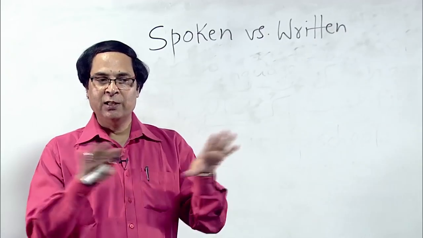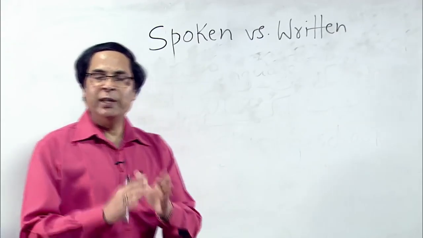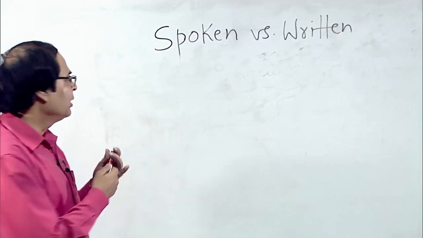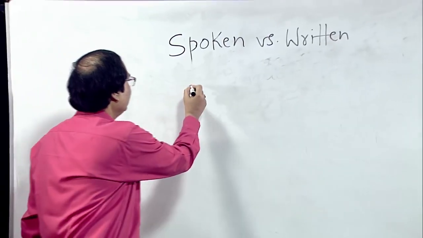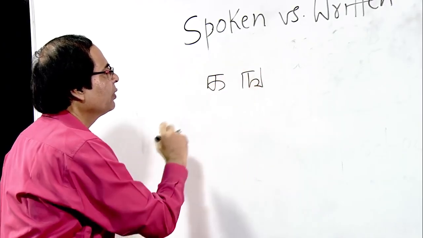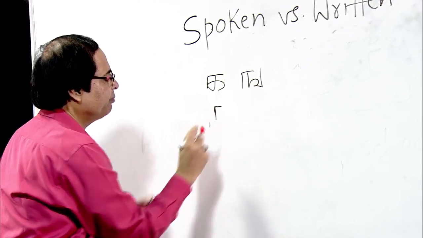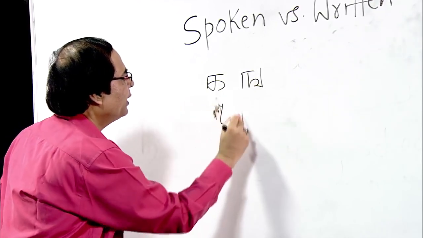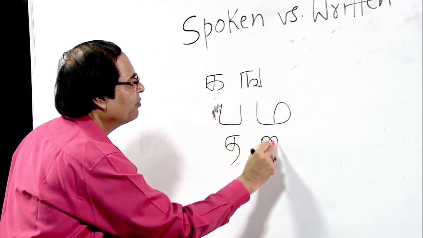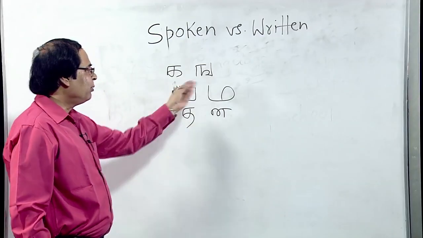The rules will tell the native speaker which letter represents which sound, and they can work perfectly. As an example from Tamil, you will have ka, and then nga, and let us say pa, ma, ta, and na. See, there is no tha or dha here, but look at their writing.